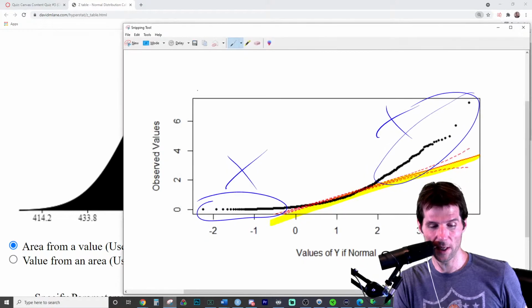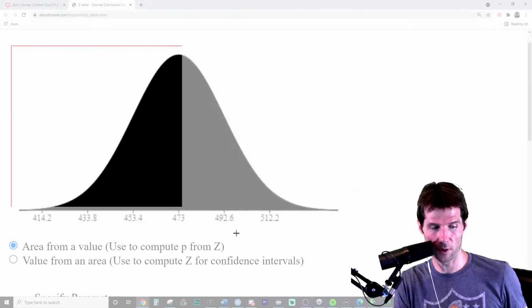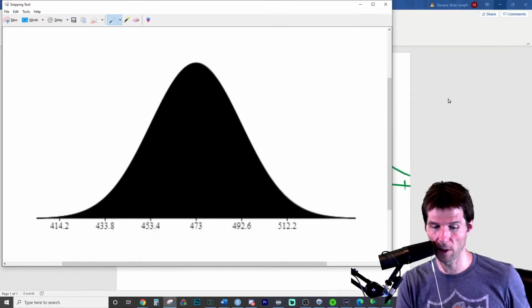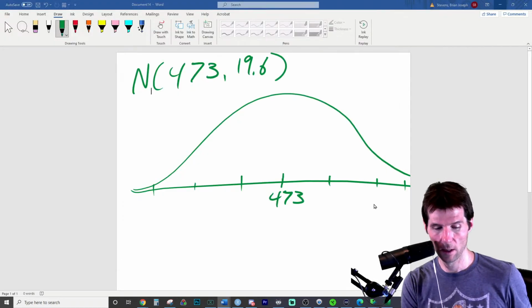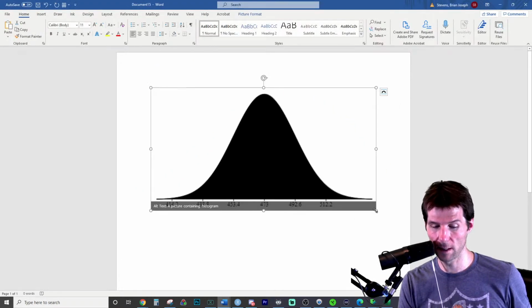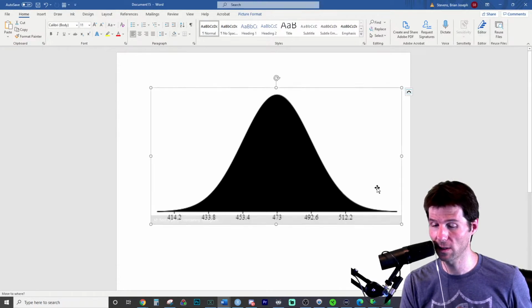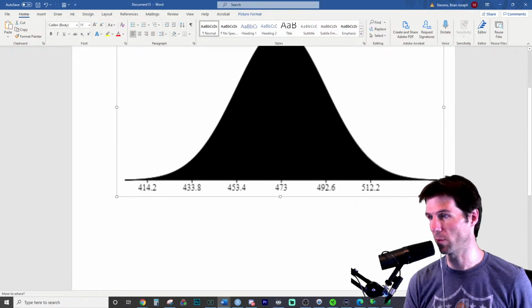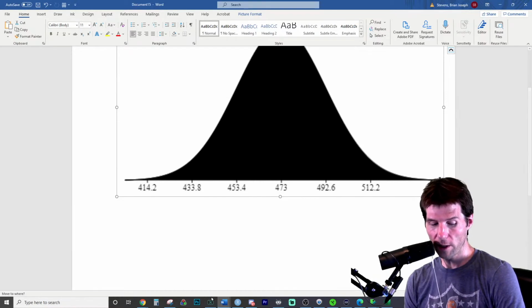Now, we've just drawn this out nice and perfectly, except for that last number. We're just going to take a screenshot of it and bring it back over here to our Word document where we have the same drawing. It didn't give us the last number. I don't know why David M. Lane's applet doesn't do that, but we have the drawing here for us. The question is asking,